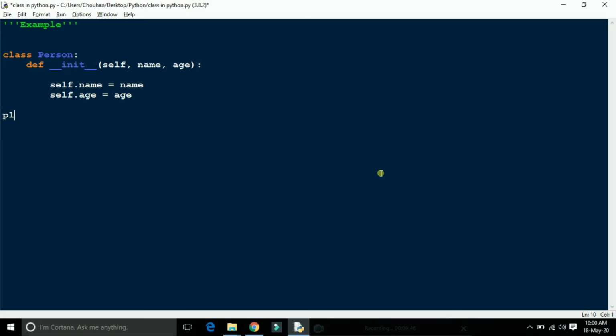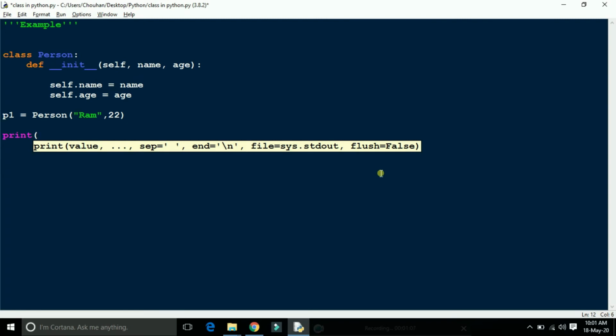Now p1 equal to calling the class Person in brackets Ram comma 22 and print p1 dot name.